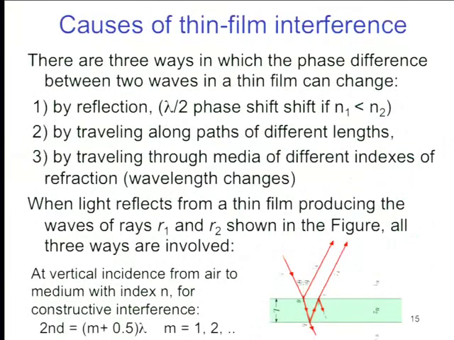I hope this guy here does, but maybe I shouldn't go into too much detail because time is flying. But the idea again is you send light into a material like a thin film. Sometimes you see oil slicks on the ground or water films, and part of it reflects off here, part of it travels through,